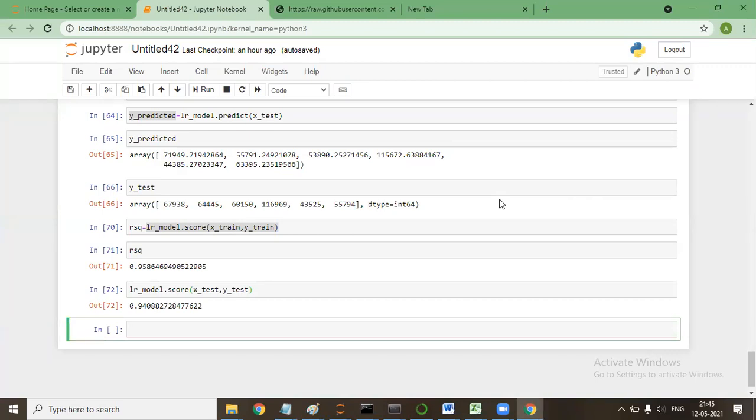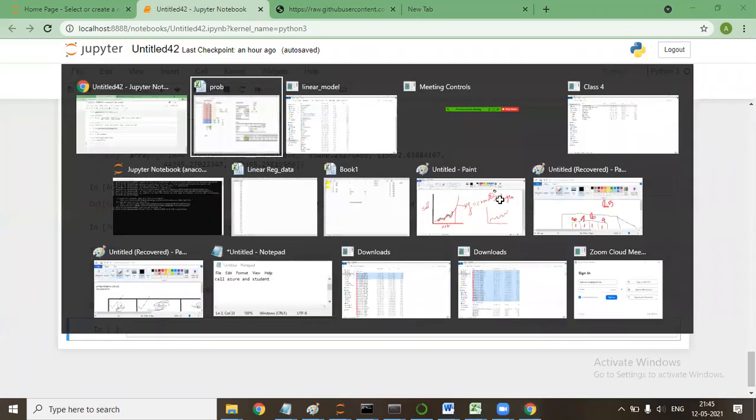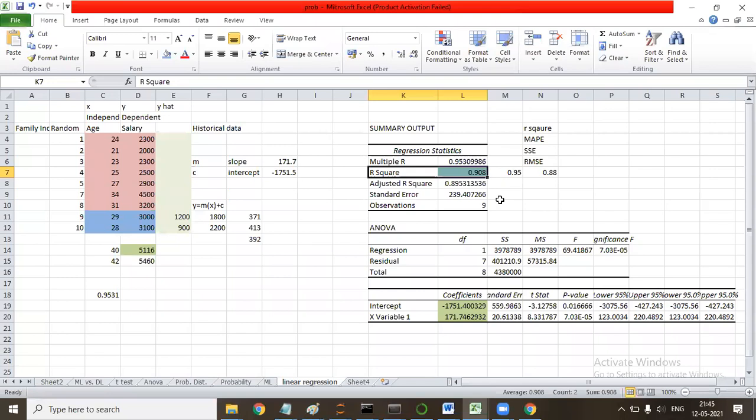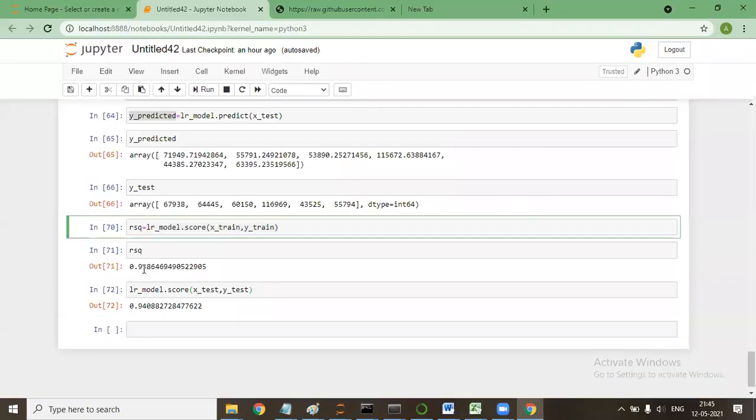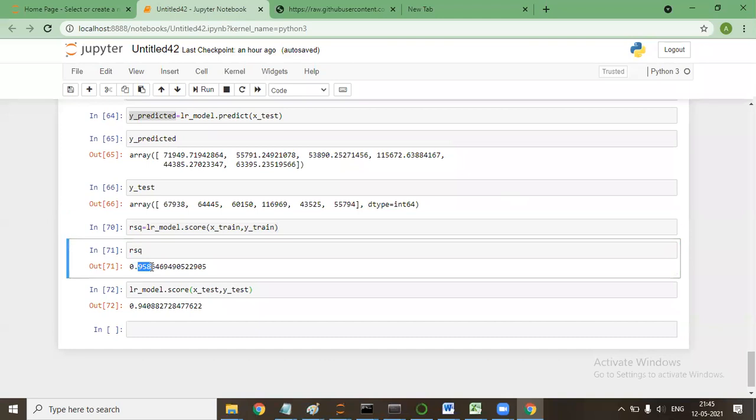R square is how accurate the model is. When we created the model, it said the model is 95.8% accurate on the train data. Here it is saying the model is 94% accurate.